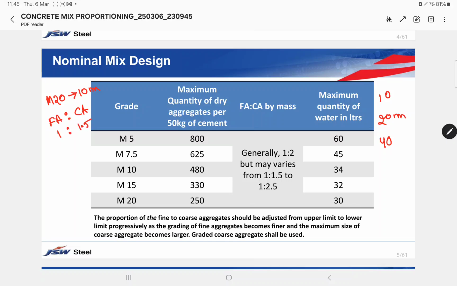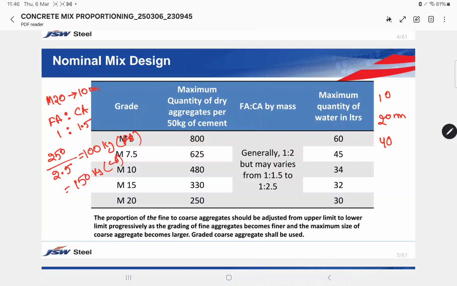Then this quantity will change. So 250 divided by total 2.5, 100 kg, and 100 kg will be my fine aggregate content, and 150 kg will be my coarse